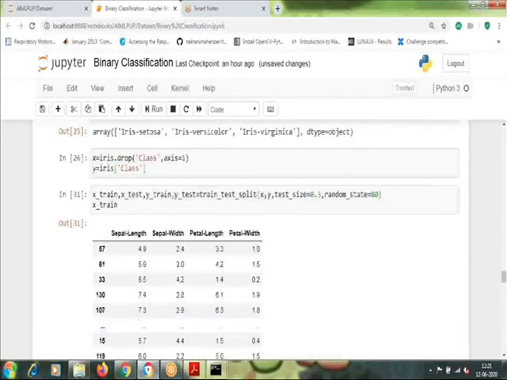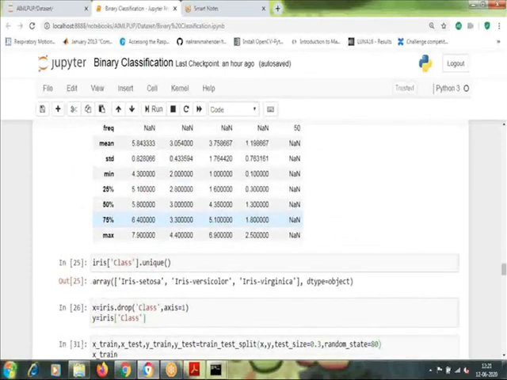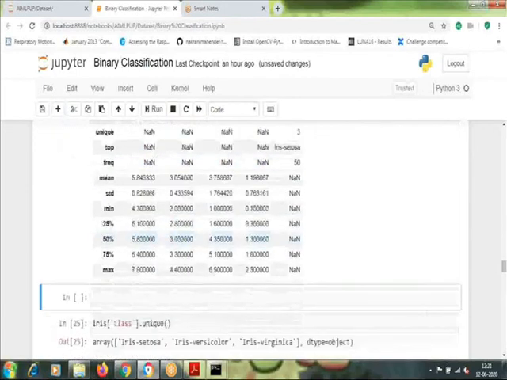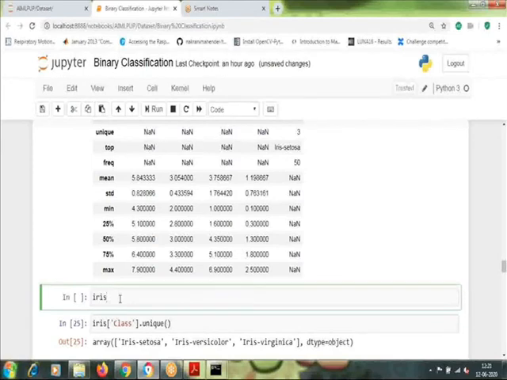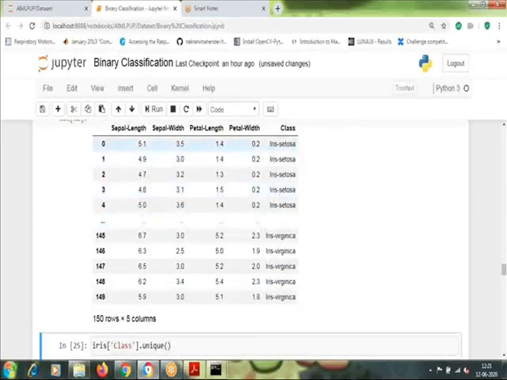our original data set. It is because you need to shuffle the data set. You don't want to keep the data set in order, because if I directly print the data set, that is iris, most probably the data set has a particular range.